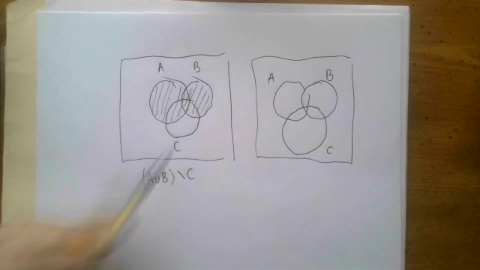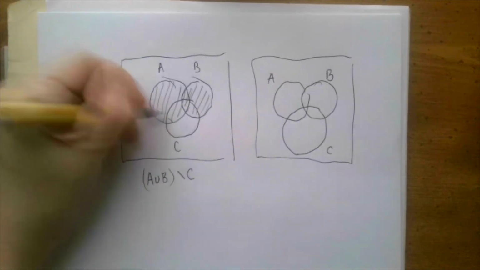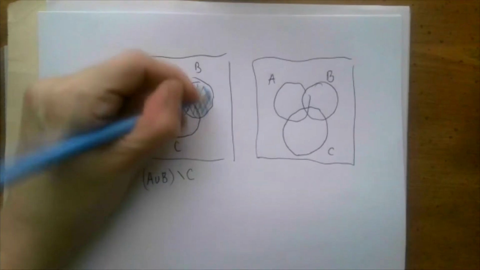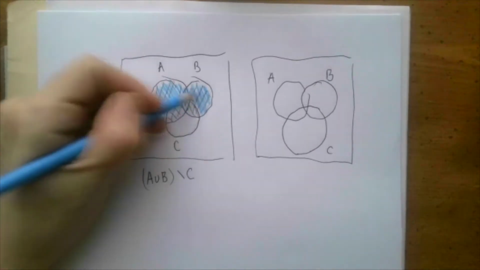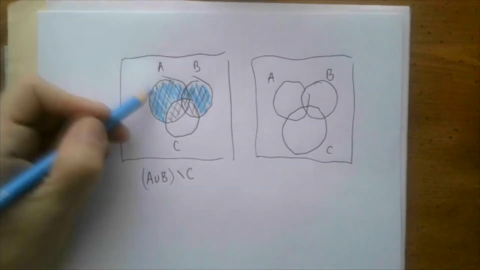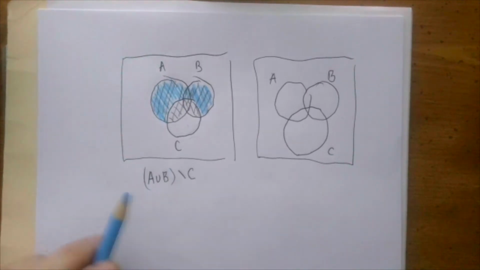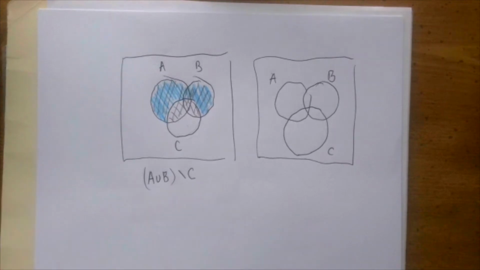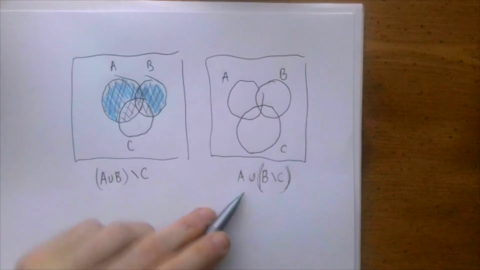But we cannot remove stuff from here because it's not in A or in B, but what we're really removing is this stuff here. And so after we remove C from A union B, we get this region. We can think about it one third way. It's related that anything in this set has to be in A or in B or in both, but not in C. Now for this other one, we're going to take the union of A, that's easy,